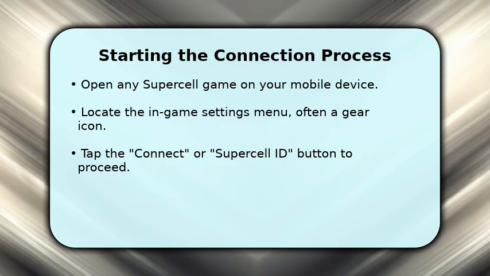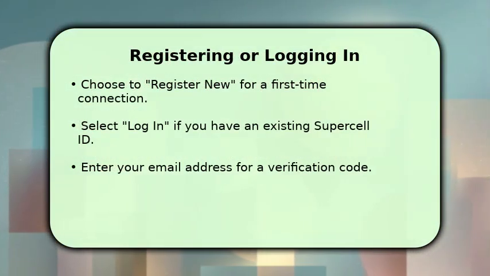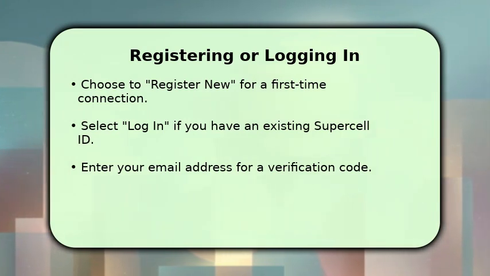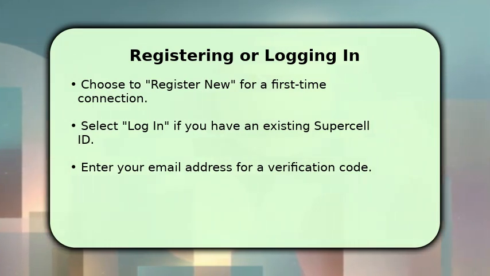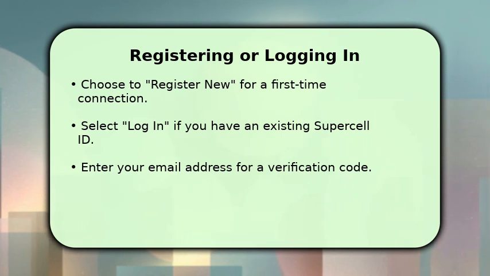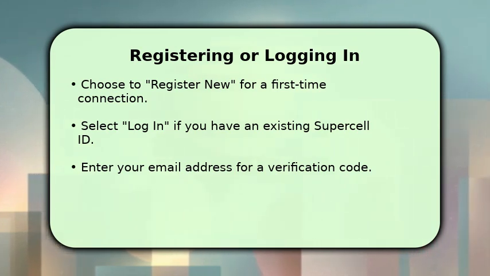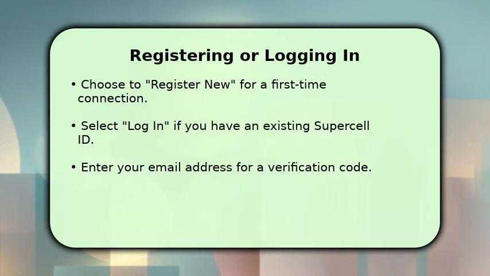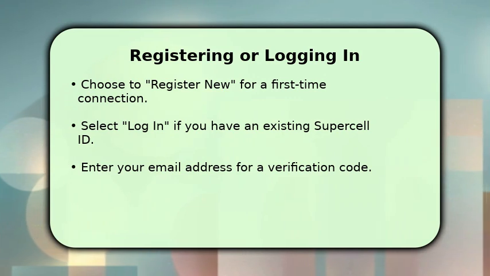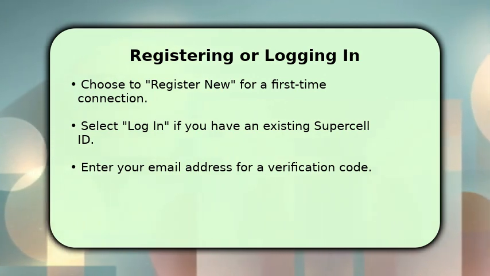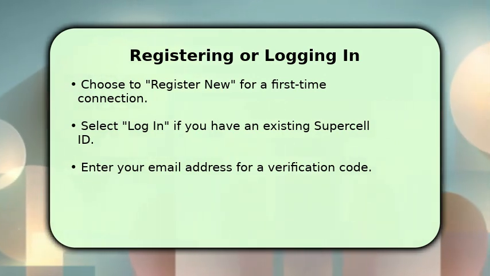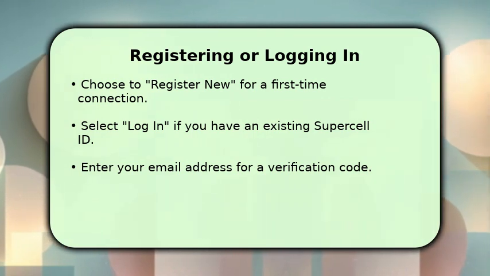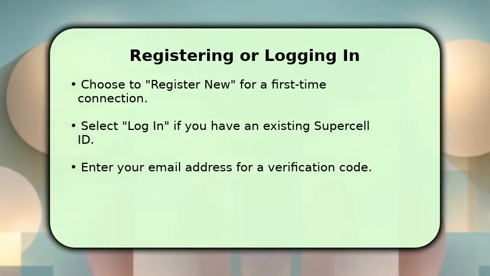of a connected account. Next, you will be presented with two options: register new if this is your first time connecting, or log in if you already have an existing Supercell ID. If registering, simply enter your preferred email address. Supercell will then send a unique 6-digit verification code to that email. This code is crucial for confirming your identity and linking your game progress securely to your new or existing Supercell